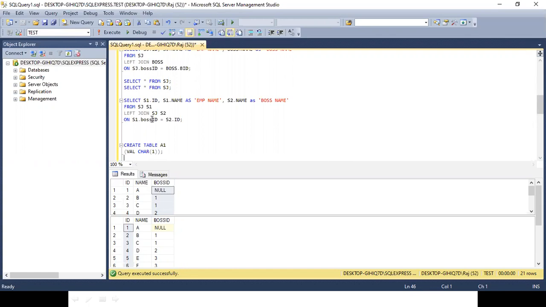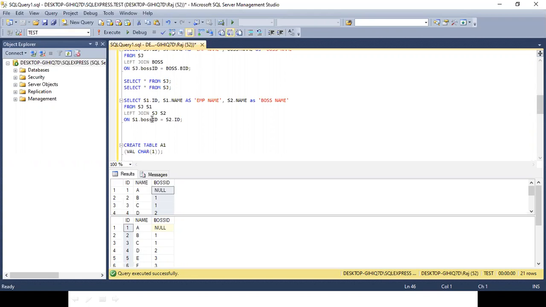Any doubts? I'm putting so much stress on this particular thing because this is very important and a new concept will come up over here. So that means I can proceed.